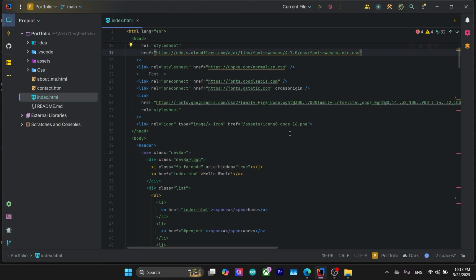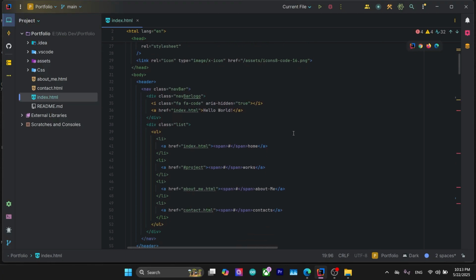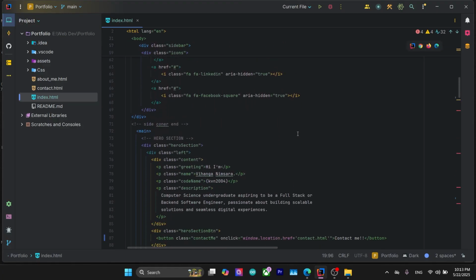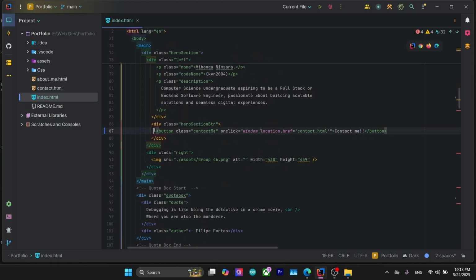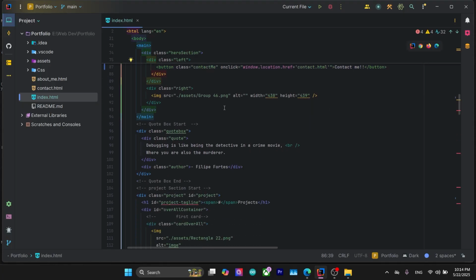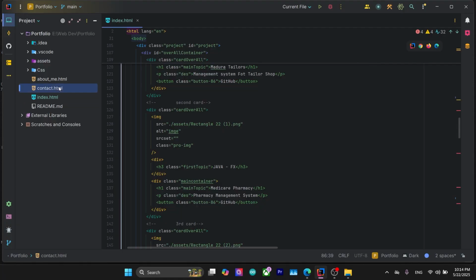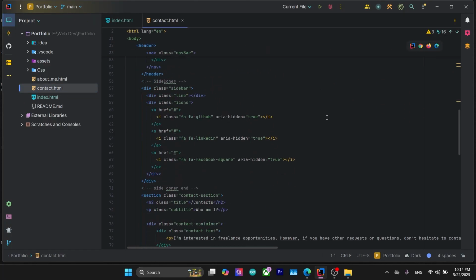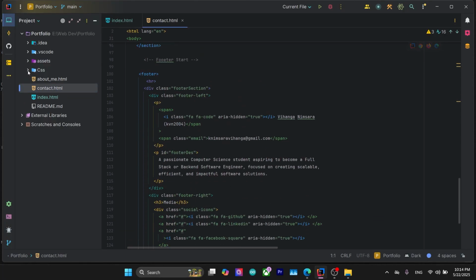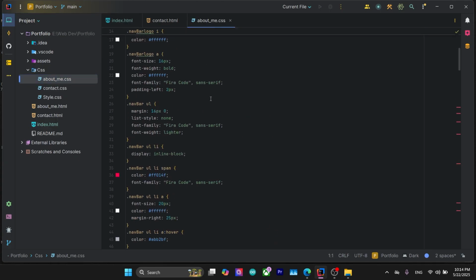I haven't used any CSS framework for this, and in some places I have used some JavaScript things, but this is not fully functional. But I have done some JavaScript also, and this is how my website code looks like, and all the websites